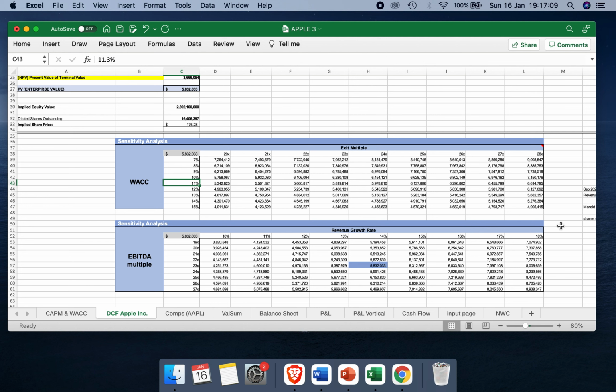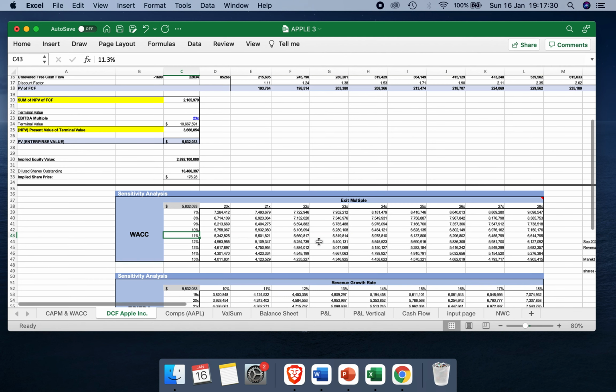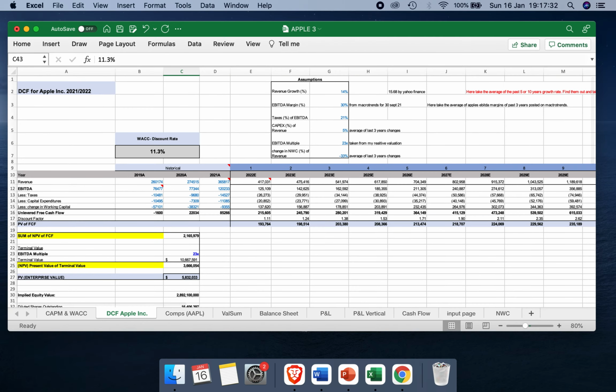I don't think Apple is at the stage where this could be realistic, because they have to come up with really good ideas and innovative products. So I think I should have gone slightly lower with the estimations for the growth rates. Right, the next thing is, after I've projected